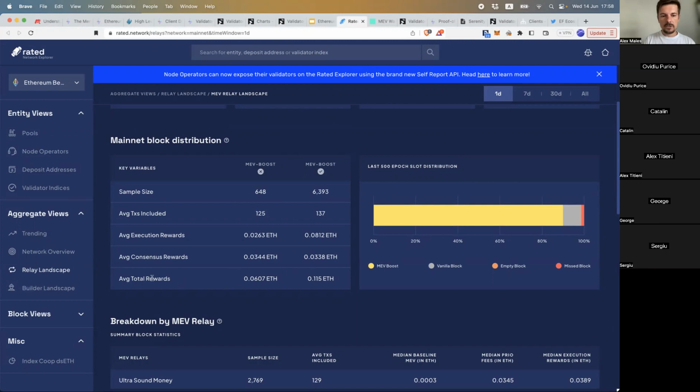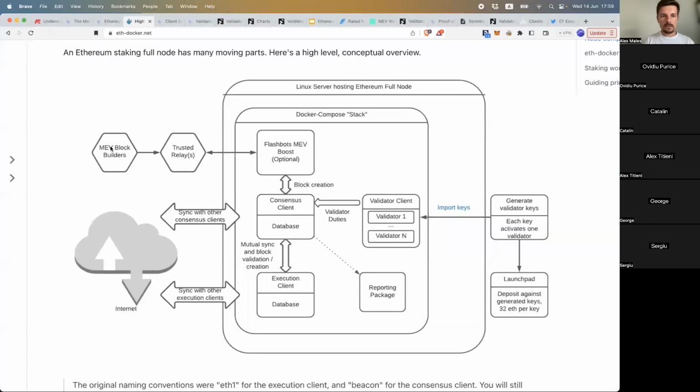And average total rewards per block. Yeah, so it's average total rewards per block without the MEV boosters and with them. So it's almost twice as high. And people start using these MEV block builders. And then, since these are run by centralized entities,